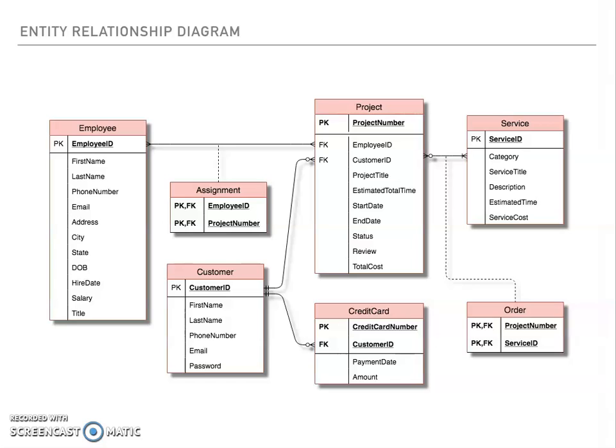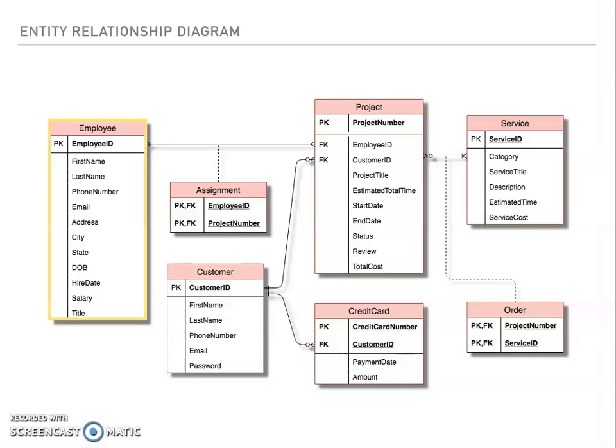Alright, this is an entity relationship diagram. This represents the database for the website. Each table represents an entity, and under the entity name is a list of its attributes. So I'll start off with the